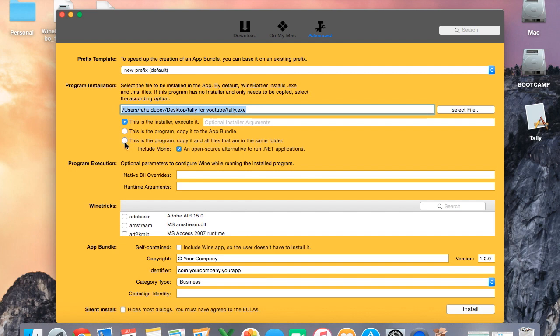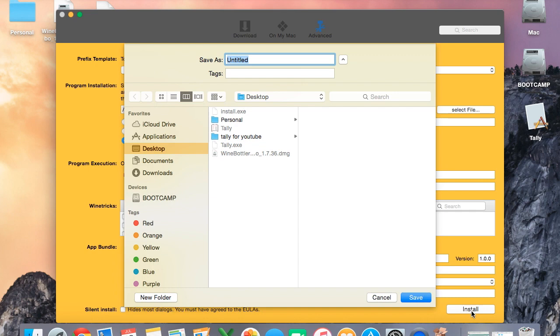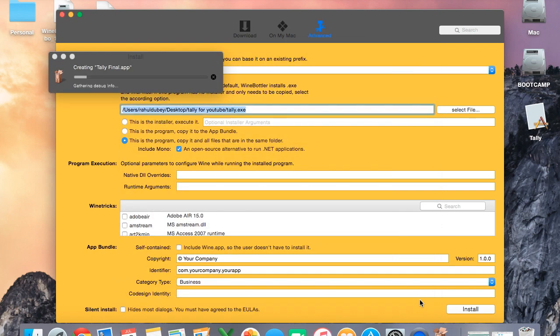And this time what you have to do is click on this is a program, copy it and all files in the same folder. Click on next. Now you can keep it anywhere you want. Like I want it on desktop, I would say final, save.